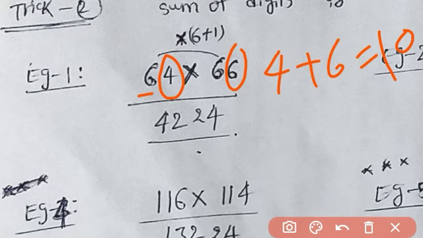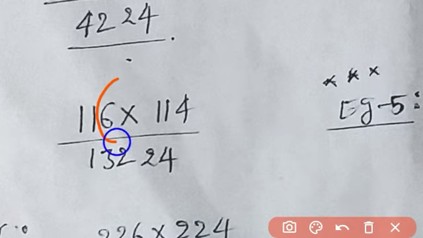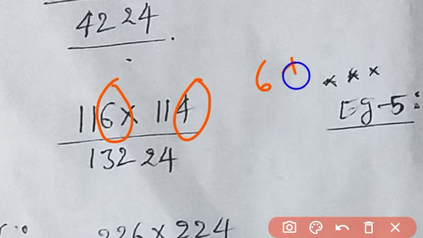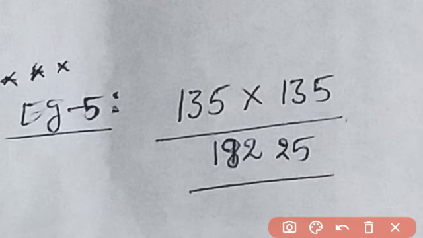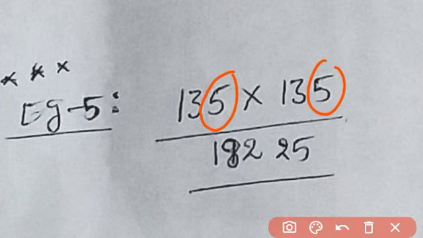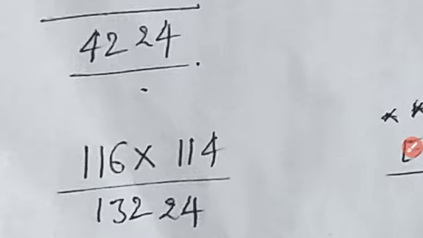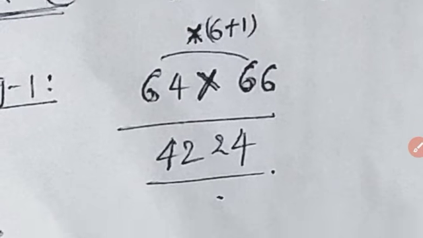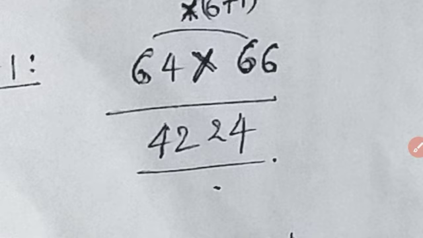And you must have the same number on the left side. See, right side we have 6 and 4, 6 plus 4, that is 10, and on the left side you have 11, same numbers. Here also, on the right side the addition is 10, and on the left side you have 13 and 13. This is the trick here. Everyone knows this trick, but the next trick is advanced. So let's see this trick first.